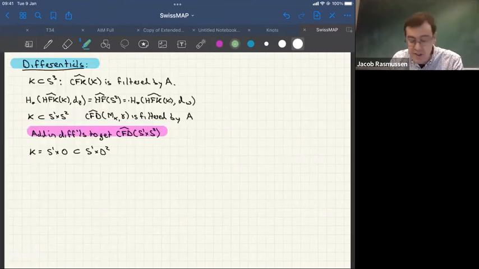Okay. So now let me finish by talking about two generalizations of this thing. One thing is that you could think about the differentials on knot Floer homology. For knot Floer homology of a knot in S^3, we know what that means. We have a filtered chain complex and two different differentials on it, given by forgetting the base points. Now, in our situation, it's still true that if we go back and look at this twisted complex CFD hat of A, that's in some appropriate sense filtered by A. And maybe the appropriate sense is that you're adding in some more differentials to get CFD hat of